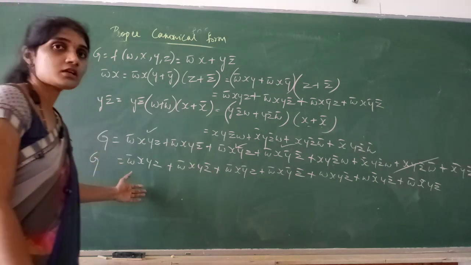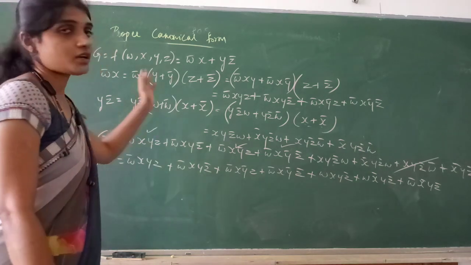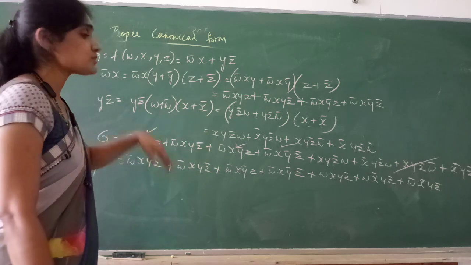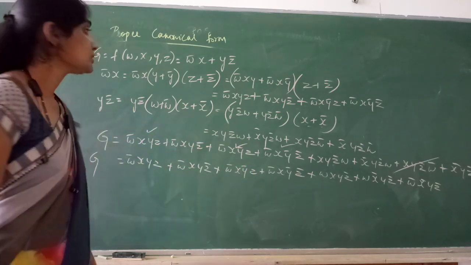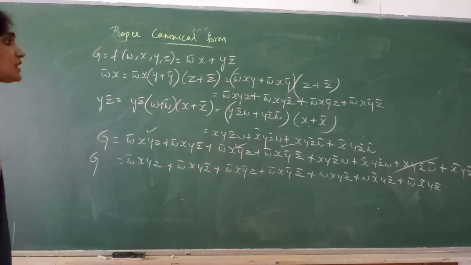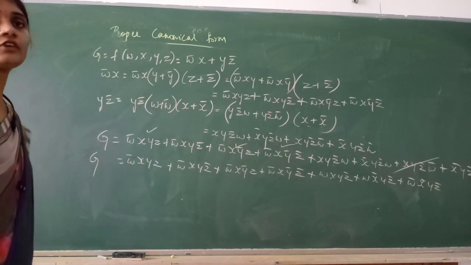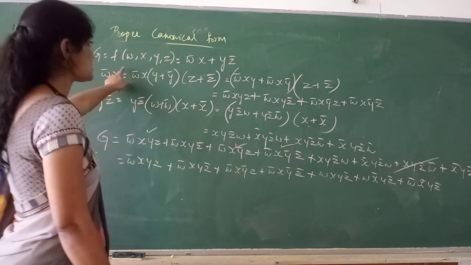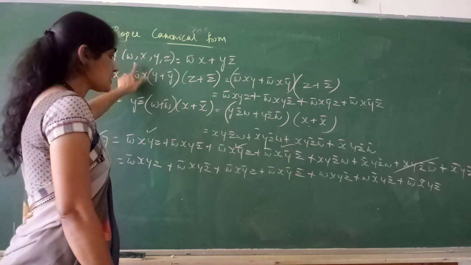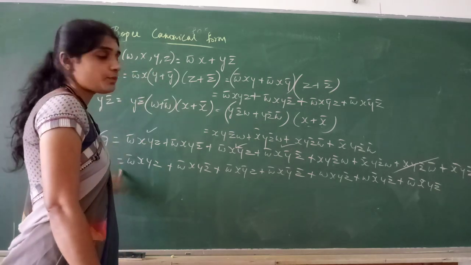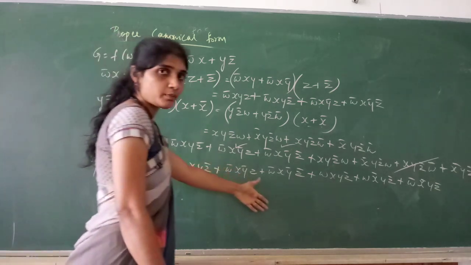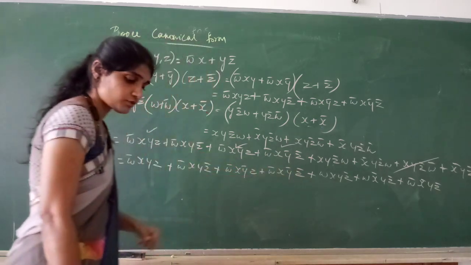You can even write the min terms for this. From the min terms you can write the max terms. From the max terms you can write the canonical POS form. So this is all. For any SOP equation, we can write the canonical form. This is an SOP equation. From the SOP equation I can write canonical SOP, I can list out min terms, I can list out max terms, I can write the canonical POS form.